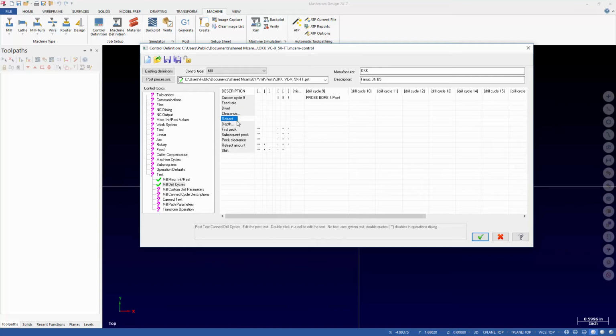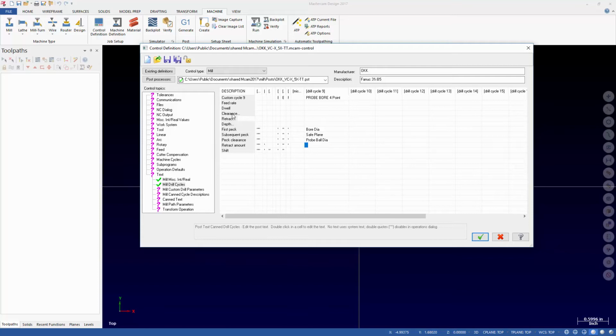We can actually disable these or change their name if we want. But then we get down to something like the first peck variable. Instead of first peck, I'm going to call this one bore diameter. And then we're going to have safe plane. And we're going to have an entry for probe ball diameter